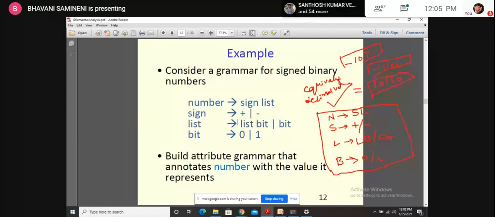Anyhow, we'll be having tokens from lexical analysis. Now in the syntax analysis, I have this CFG. So these CFG rules I have written during the syntax analysis.